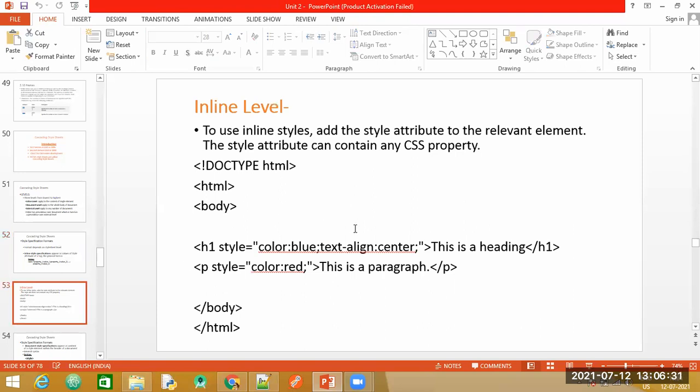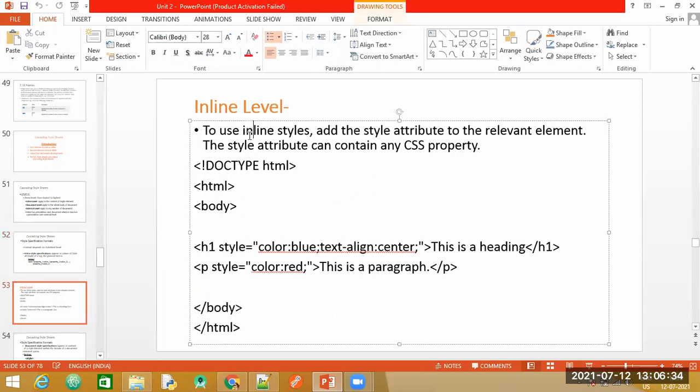Now, just read the first point here. For inline style sheets, we can add the style attribute to the relevant element. Remember that elements are nothing but the tags that you have studied in HTML. For this particular P element, I want to make the color red. So I first specify the style keyword, then equal to, and then in double quotes I specify what property I want to apply.